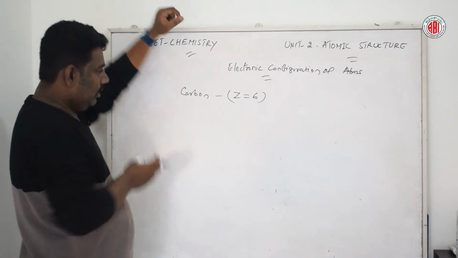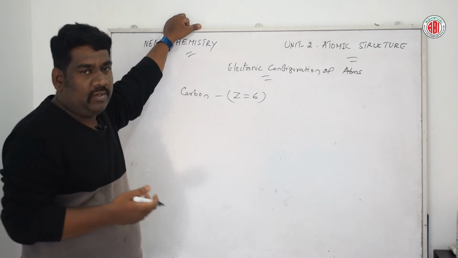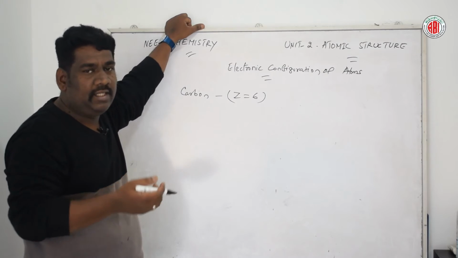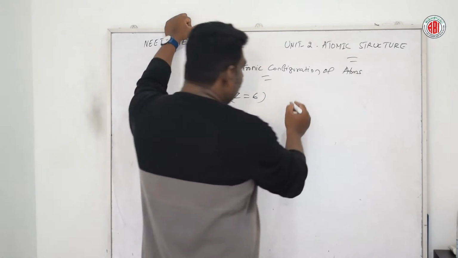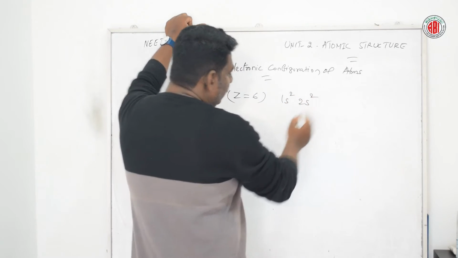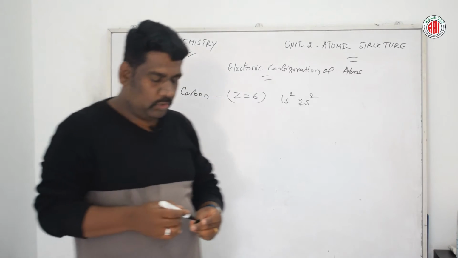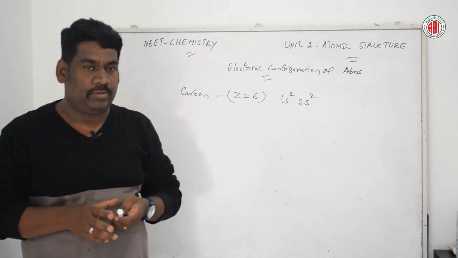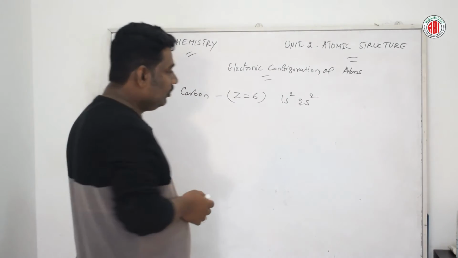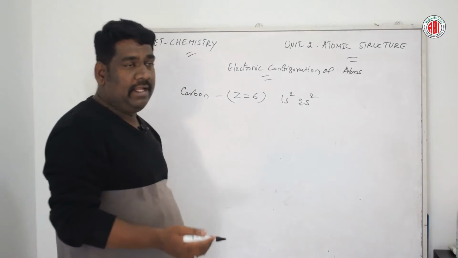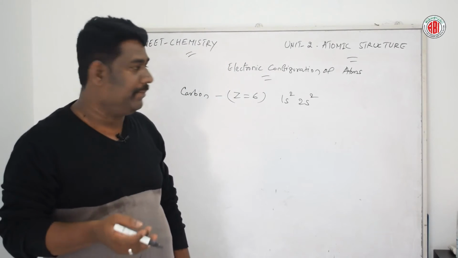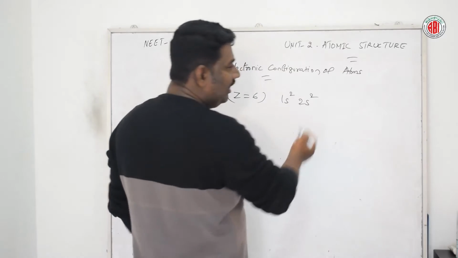Similarly to how we did for boron, in the same manner we are going to fill these electrons in the lowest energy first. That means first we fill 1s2 and 2s2. These 2 carry 2 electrons each, and there are 2 more electrons left over, which can be filled in the p orbital. And as we know, in the p orbital there are 3 subdivisions, p of x, p of y and p of z, where these electrons could be shared.